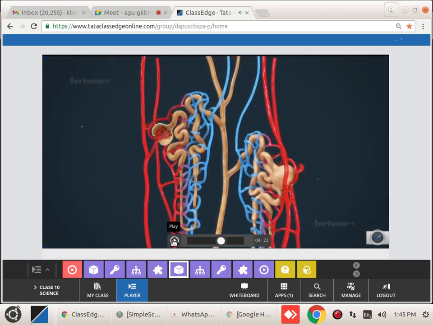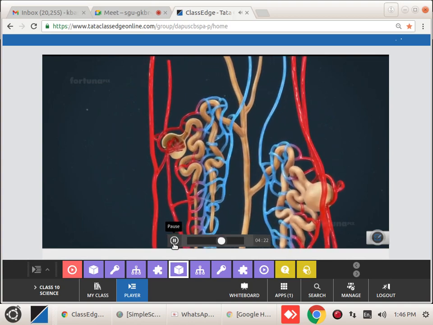Okay, this is very important, as I said just now. Like the collecting duct, the collecting ducts of different nephrons collect into a main duct opening, which we call the duct of Bellini. So further they are demonstrating the other structures of the nephron, how they are interconnected and all. Just go through that.